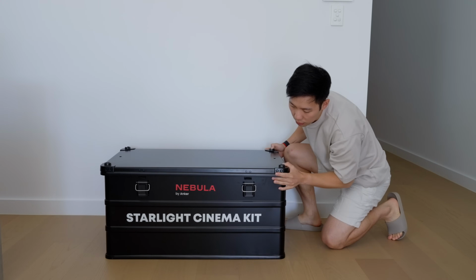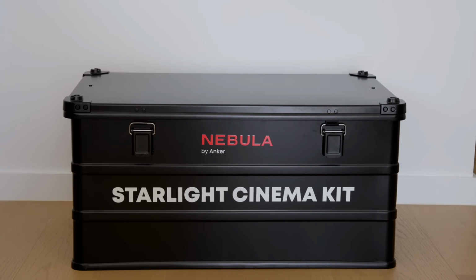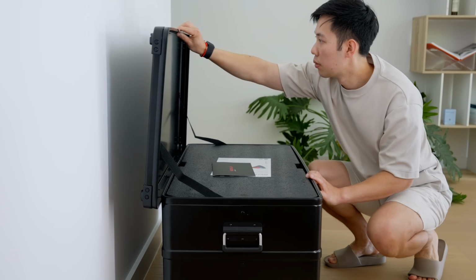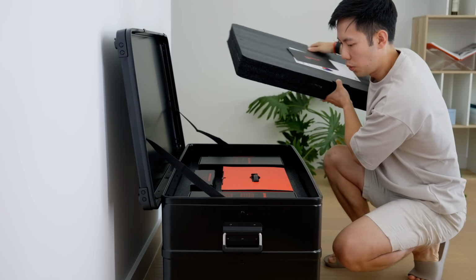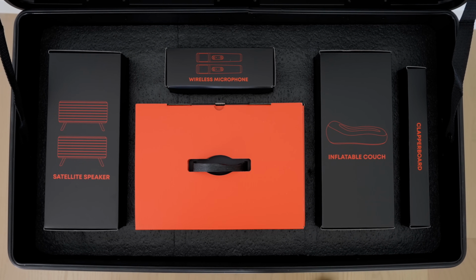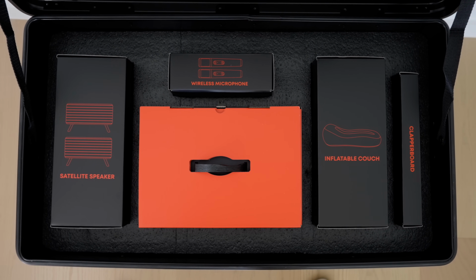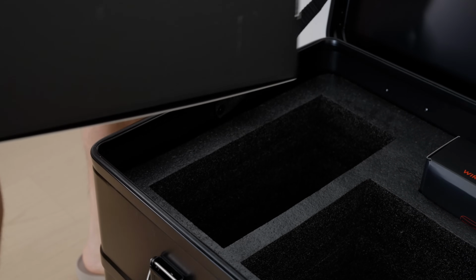So Nebula specifically sent out this unique Starlight Cinema kit for this video, and opening it up was so cool. I can only describe it as a complete outdoor cinema solution packed with the projector itself, satellite speakers, remote, wireless microphones, and even an inflatable couch and clapperboard to host a proper theater-like experience from home